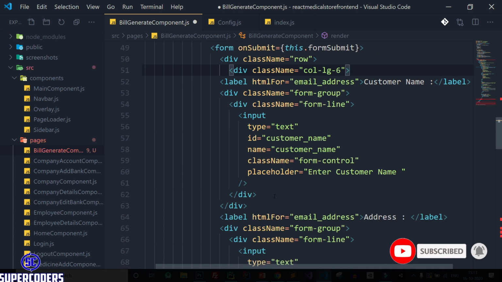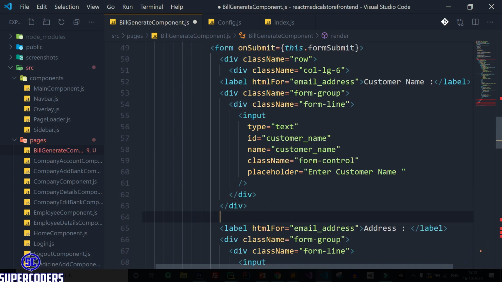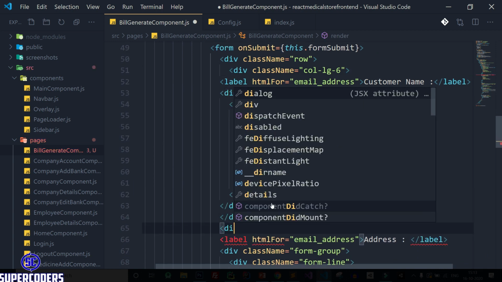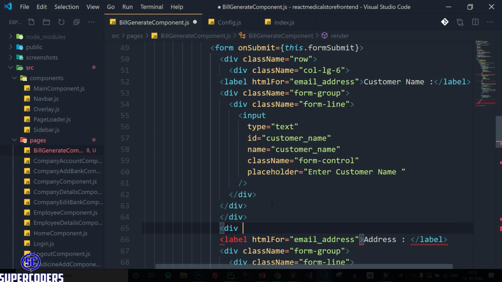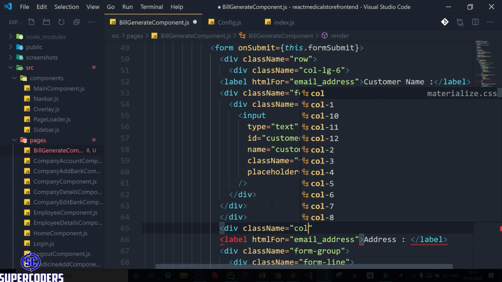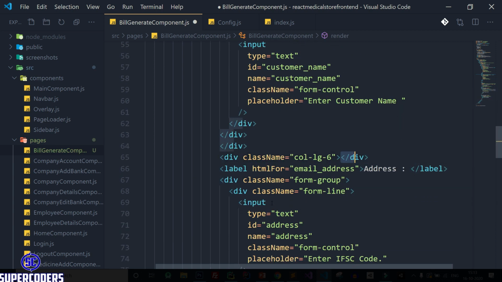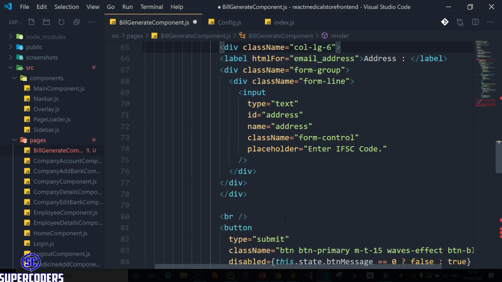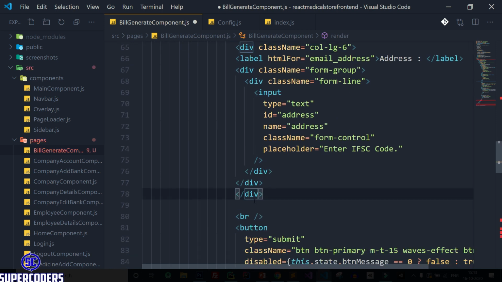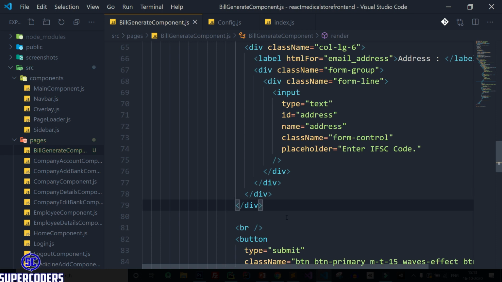Let's close this div here. Div class name equal to col-lg-6. Again close it and cut it and paste it here. So after the row close it here, save it, back to Chrome.